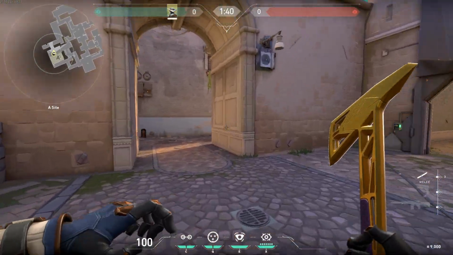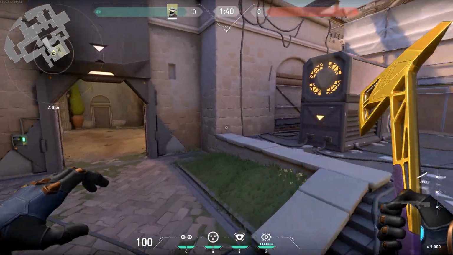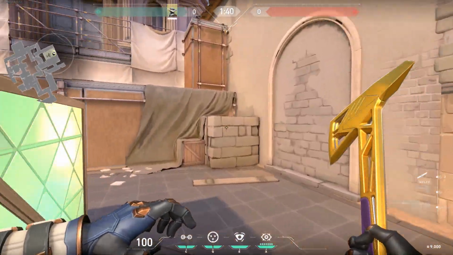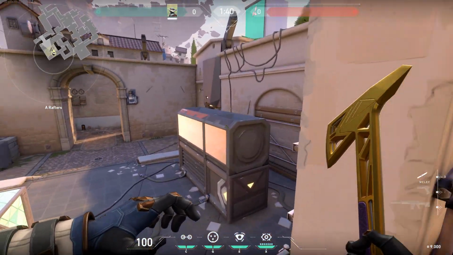So we're on A right now, and I think Cypher should play A on this map because it's very funneled into one area here, so I think that's really good for Cypher. But the first cam we have is